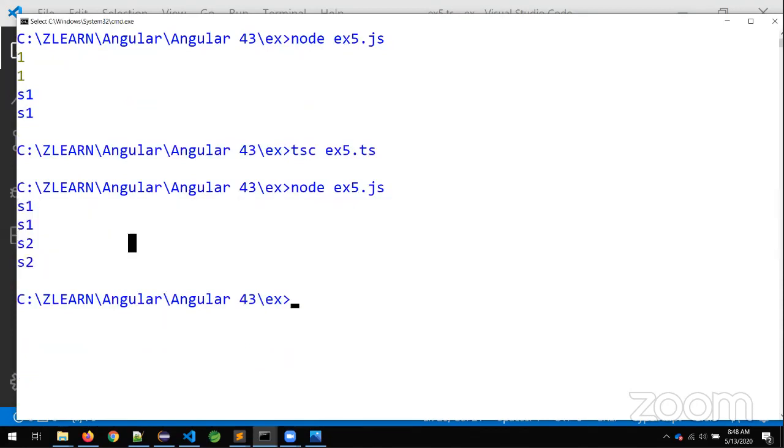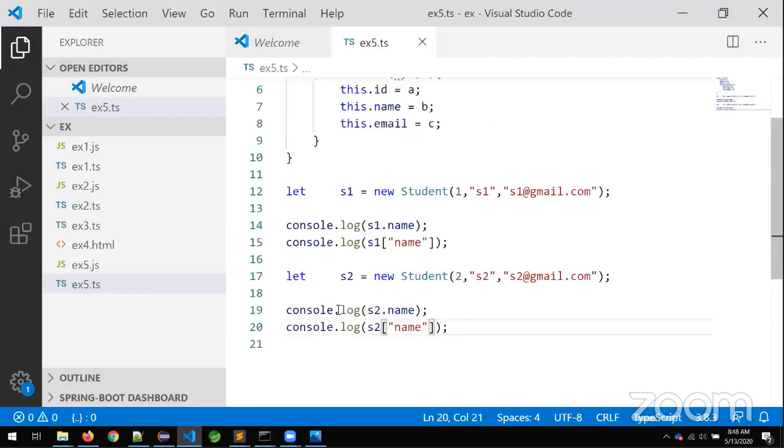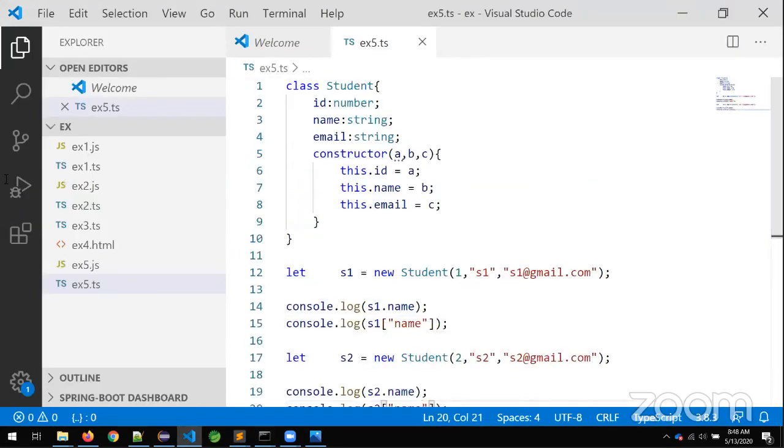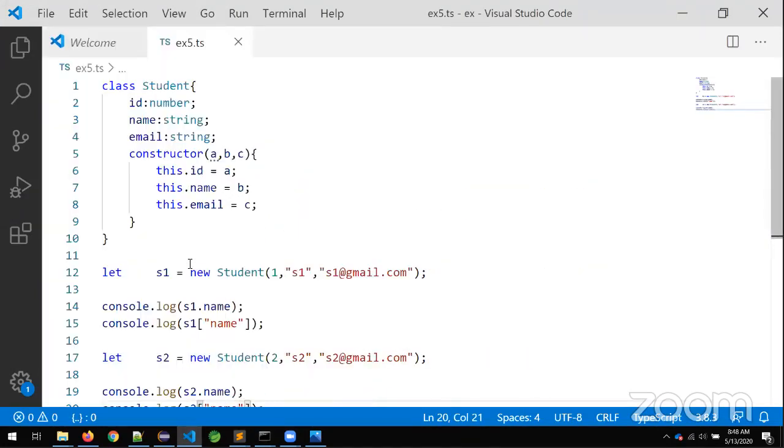Now tell me, what is a class? Now I will ask you one precise point. Class represents the data, represents the structure. A building plan represents what?